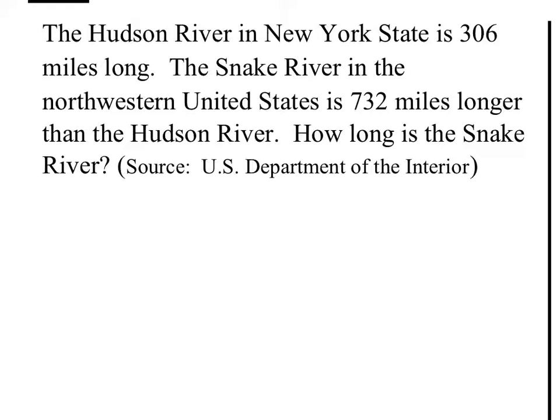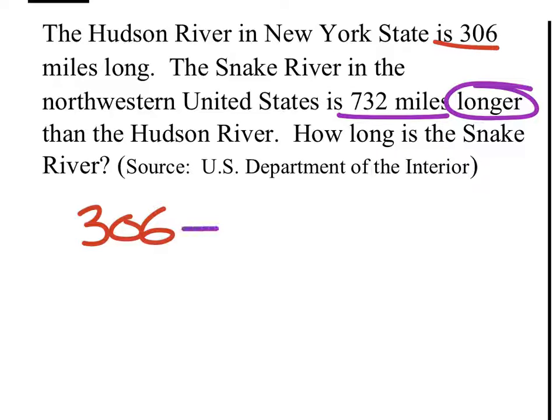So this one, the Hudson River in New York State is 306 miles long. The Snake River in the northwestern United States is 732 miles longer than the Hudson. How long is the Snake River? Well, if it's that much longer than the Hudson, we have to look at the Hudson's length, which is 306 miles. Now it says that it's not 732 miles, but 732 miles longer, which means we need to add